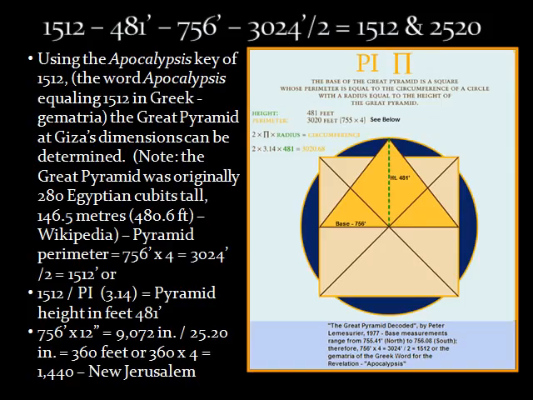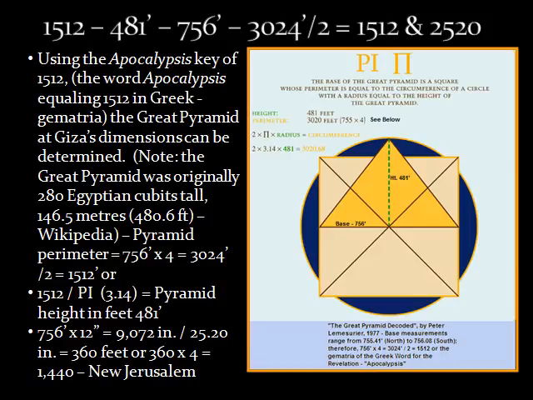Again, the numbers: 1512 Apocalypsis, 481, 756, 3024 divided by 2, which would equal 1512, and of course our sacred cubit number 2520. Now, using the Apocalypsis key of 1512, the gematria of the word apocalypsis totaling 1512 in Greek,